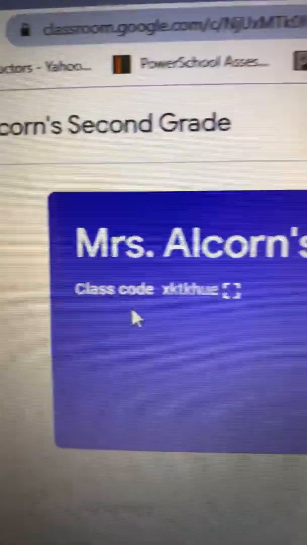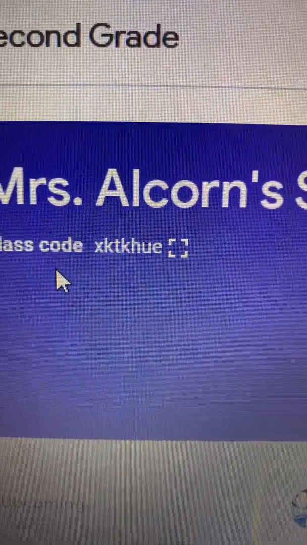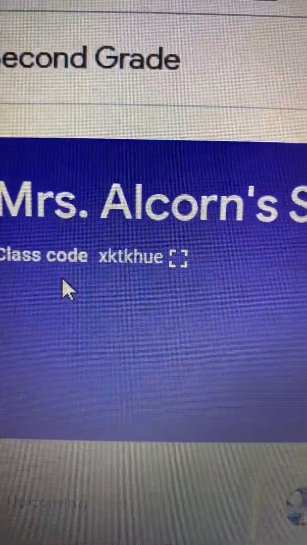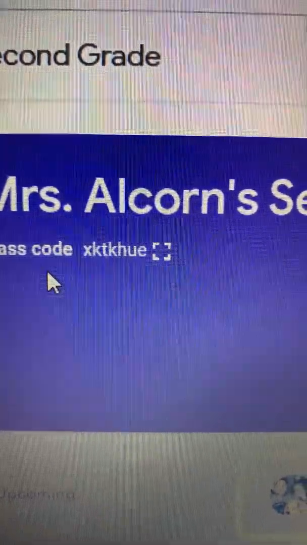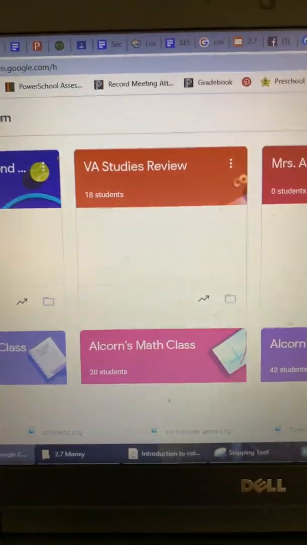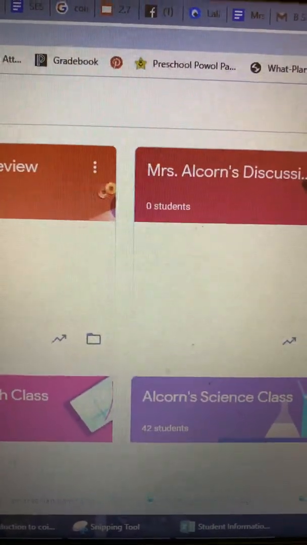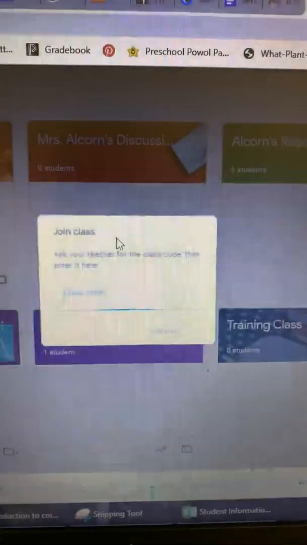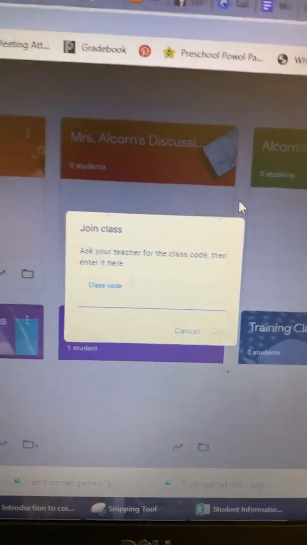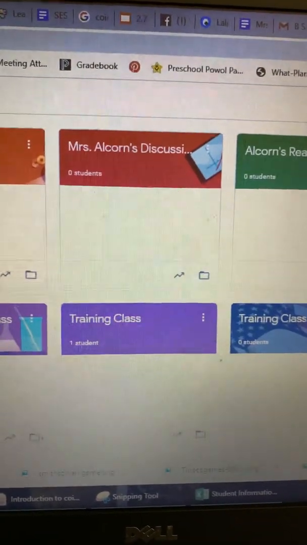Now, for those of you who are looking for the code, that's your code right there. It's XKTKHUE. And again, it's very case sensitive, so it has to be all lowercase letters. And to get that code and to put it in, again, you want to click on that little plus, push join class, and that little screen will pop up for you to join a class, and then you can put that code in that I have for you. And if you're having a hard time still with that, please reach out to me either today, tomorrow, or